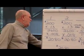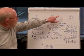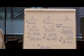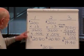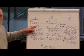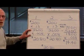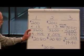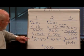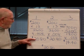And again, here we're looking at quarters, first quarter, second quarter, and third quarter. And I'm taking the example of a part-time individual who gets paid $200 a week. Again, the quarter is 13 weeks, so this person has earned a total of $2,600 for the quarter. We multiply that times 0.008, and we get a total of $20.80 that we have to pay in FUTA taxes